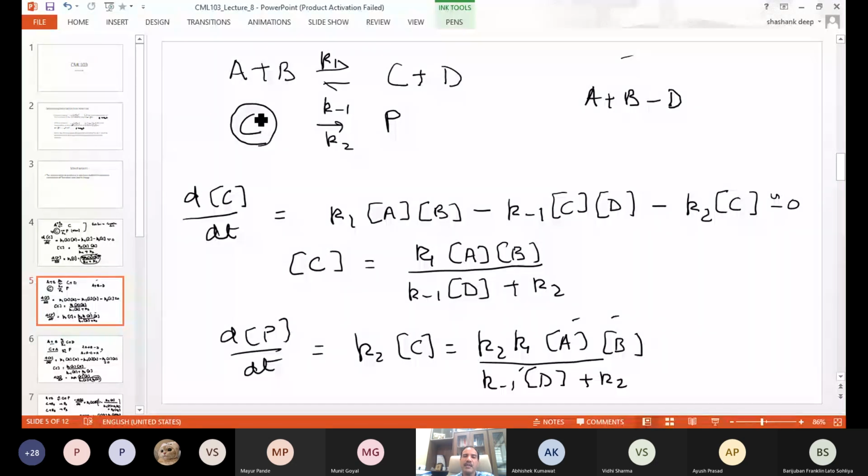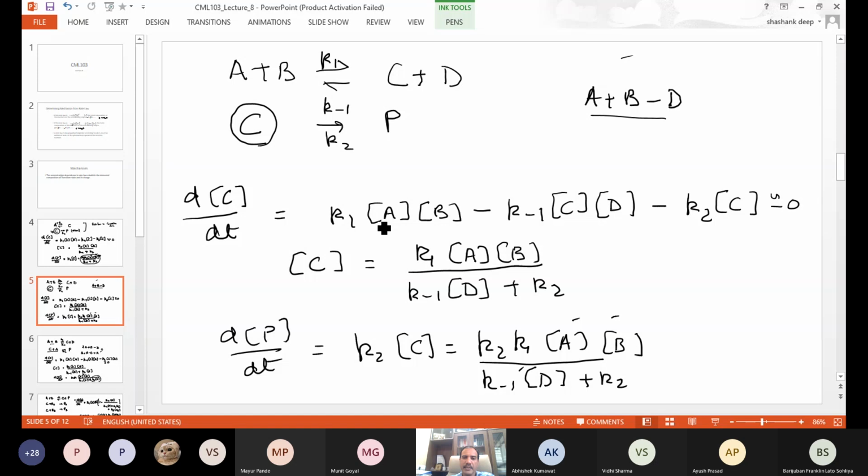Composition of C will be A plus B minus D. Am I right? A plus B minus D should be the composition. And A plus B, these are the positive terms, so they will come in the numerator and D will come in the denominator. Okay, so that's what you can see here, that dC by dt is equal to, again I apply a steady